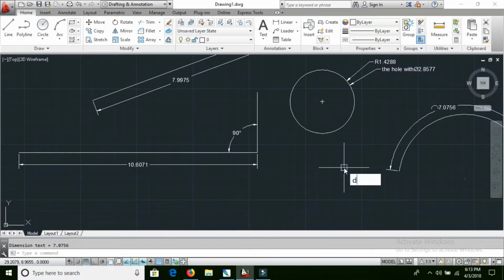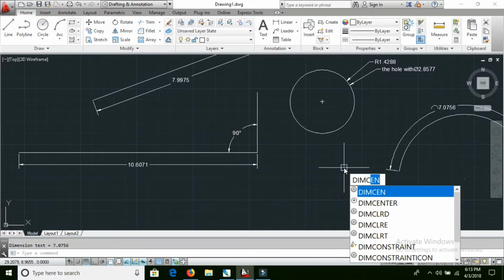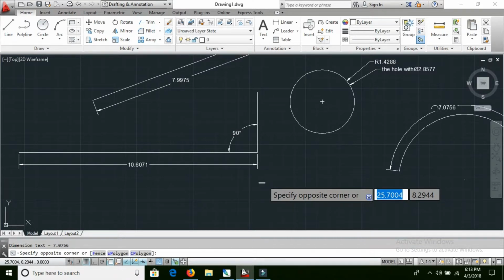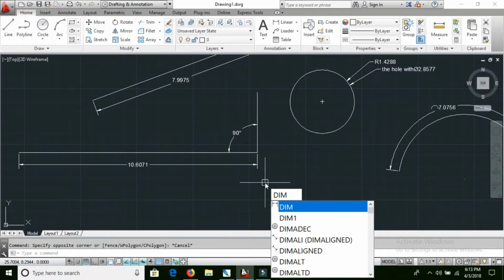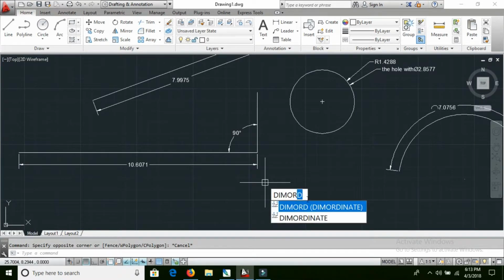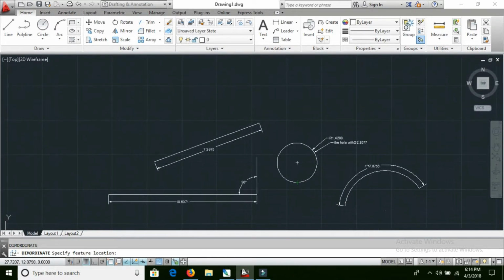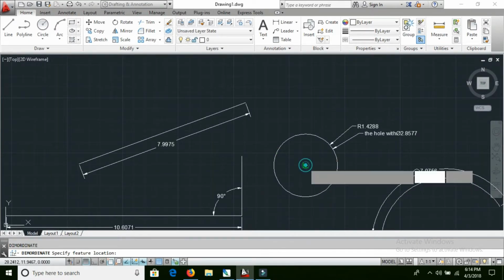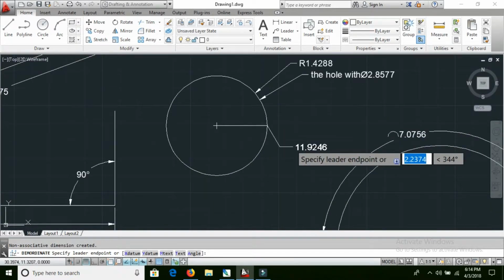I have one more thing here. I'm using the dim ordinate command. Dim ORD. Okay, so dim ordinate. What is the meaning of dim ordinate? Here enter dim ordinate and define the location over here. Suppose I define the location over here. Then what happens is it shows you the